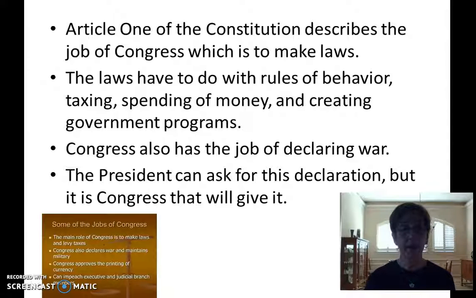Now, the president can ask for a declaration of war. That doesn't mean he's going to get it. But normally, under normal circumstances, in everything that I have read and studied, if things are that serious and the president goes to Congress and asks for a declaration of war, he's going to get it. Also, if it were a circumstance where Congress wanted to declare war without the president asking, they could do that